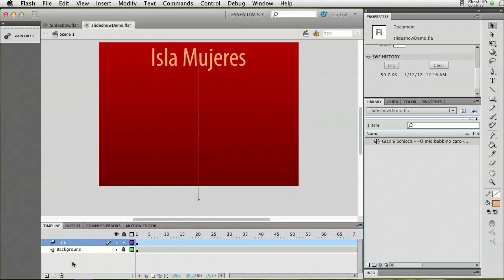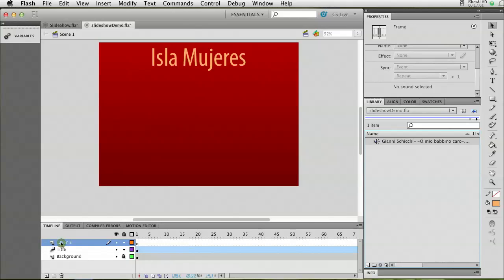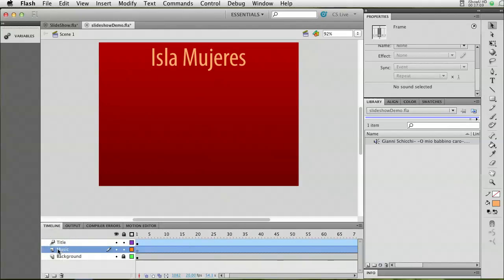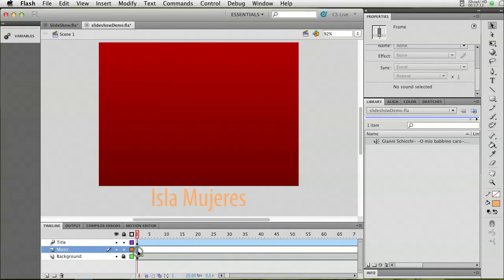So if I switch to my library tab, now I have a library item for my music that exists here. So in order to add this music to my slideshow, I'm going to create a new layer by clicking on the sticky pad node, double-clicking to rename it to music. And it doesn't matter exactly where it exists, but I'm going to drag it just above the background here. So here on the first frame, again, I'm inserting a keyframe,